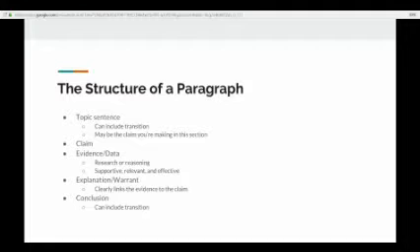So you need to clearly link the data that you've just given to the claim. And then finally, you have a concluding statement, which can often include a transition into the next paragraph. So when you're writing an outline, it's important for you to think about these aspects of a paragraph. If you have these pieces, all you have to do is put in the connective tissue between everything, and you have a good paragraph.